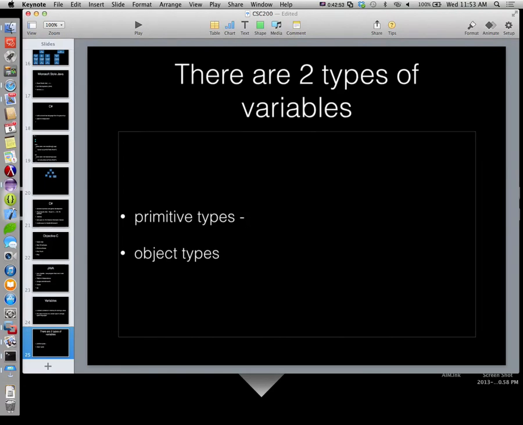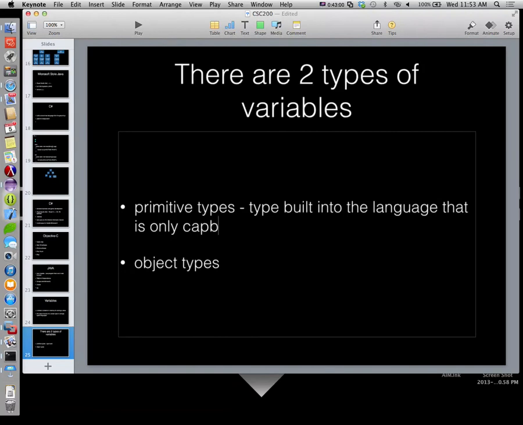So a primitive type is a type built into the language that is only capable